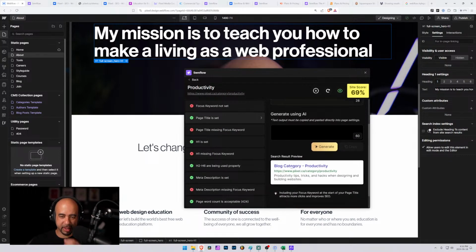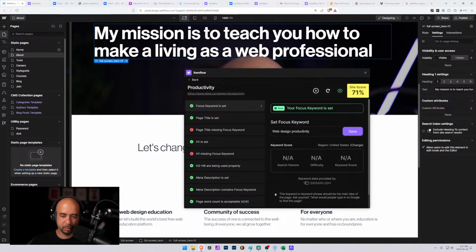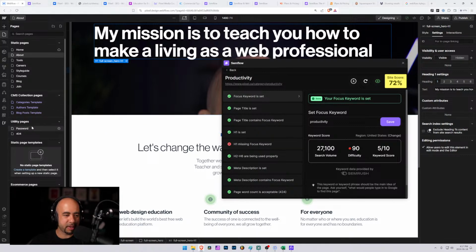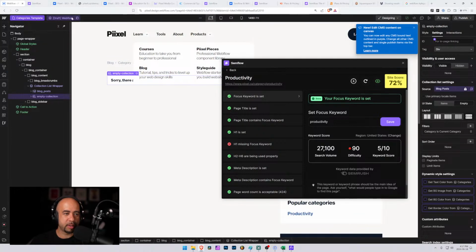There was this productivity. So this is a category. So, I mean, web design productivity. I mean, if I just type in productivity, I imagine this keyword is going to be insane. Yeah, so that's crazy. But who knows? I don't know if it's worthwhile putting it in there. This is a category, right? H1 is missing focus keyword. So let's take a look here. This is empty. So let's...